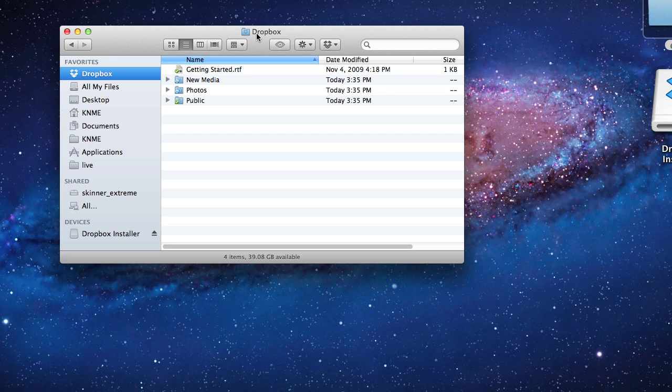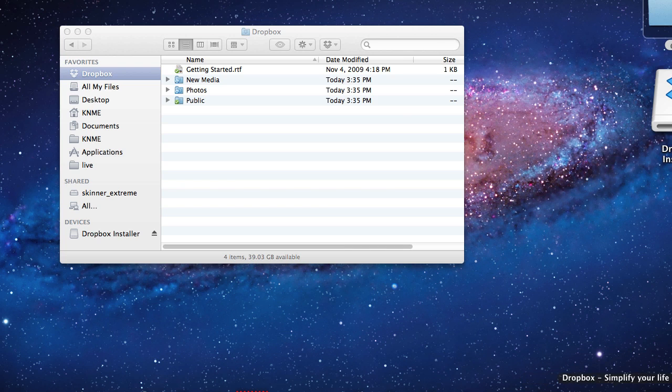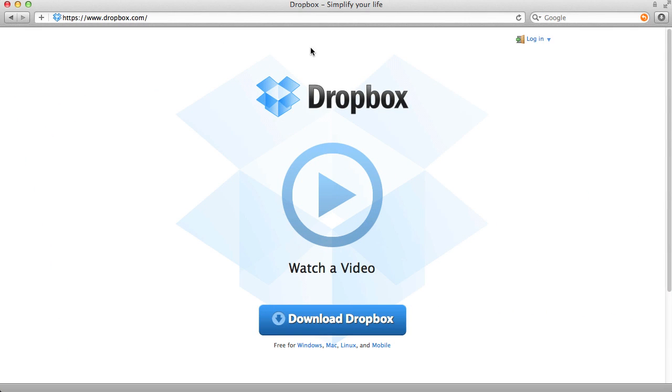So this is the end of the installation part of Dropbox. Now what I need for you to do, the next step in this assignment, is for you to email me the email address that you used to open up your Dropbox account. Then I will invite you to join our OLIT 522 Dropbox folder. Once I send you that invite, you'll receive an email saying that you've been invited. And the next step for you then is to go to Dropbox.com